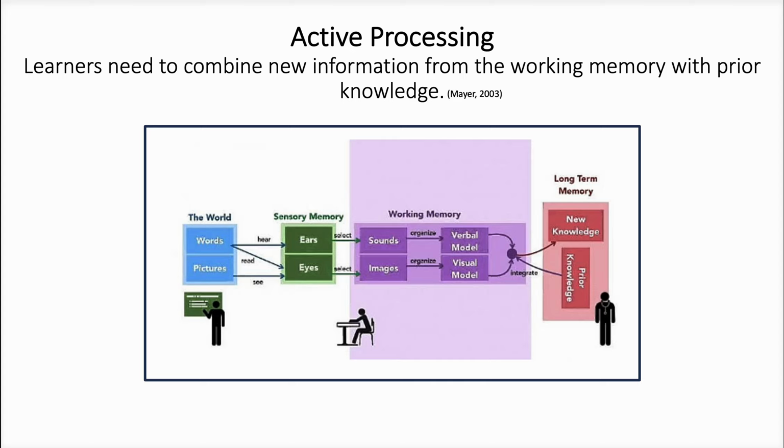During active processing, learners need to be active thinkers and combine new information they're getting from their working memory with things that they already know. And this is where schemas come into play. According to De Jong, schemas are thought structures that organize knowledge and help learners process and understand new information more efficiently and effectively. And once the new information and prior knowledge are integrated, it becomes a part of our long-term